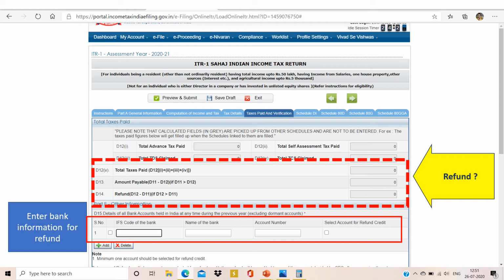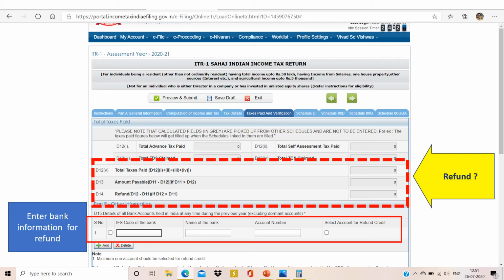The difference of that will be shown in D14. For example, the company deducted 40,000 rupees as tax for you last year, and as per the latest computation while you fill up the form, the net amount payable is around 35,000 rupees. So the difference is 5,000 rupees. You will find minus 5,000 rupees in the D14 column, which means the government has to return 5,000 rupees as a refund.